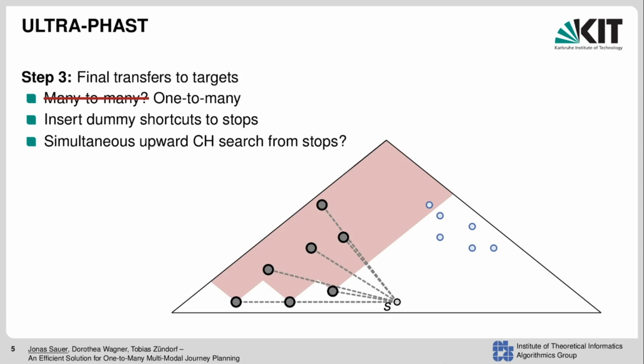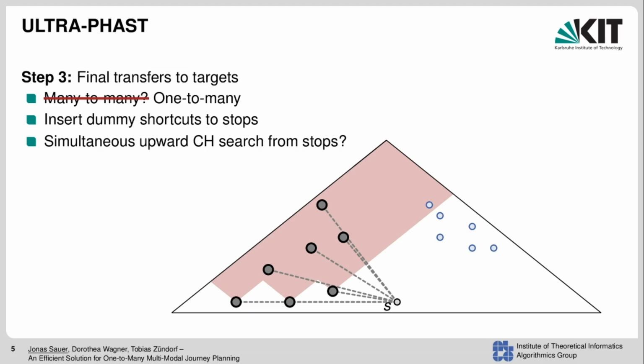So what we can do is we can insert dummy shortcuts to our stops, which are labeled with the distances that we obtained after the public transit search, and now we could perform an rFast search where we add these shortcuts to the upward search and then perform an upward search from S followed by a downward sweep to the targets. The problem with this is that we will reach all stops in the network, and therefore the upward search will visit every vertex in the combined upward search space of all stops,